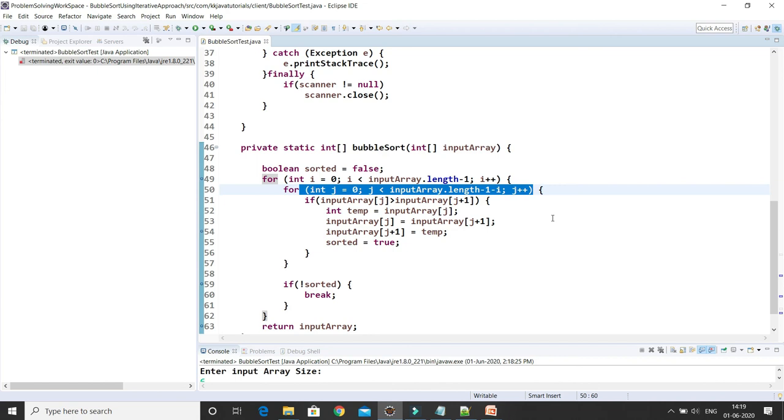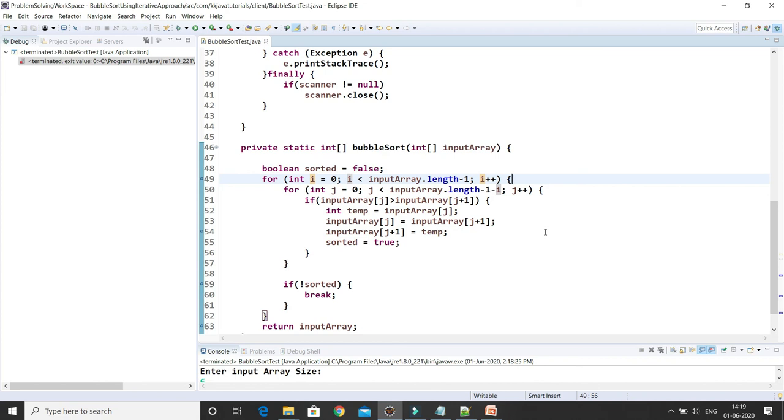In every pass we deduct the value of i. But there is a nested loop, so overall the time complexity in the worst case is big O of n square.